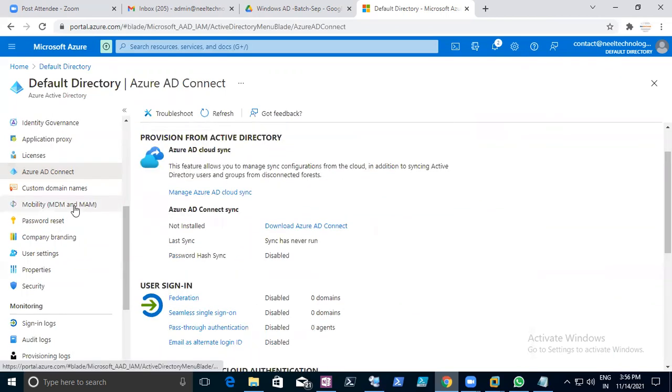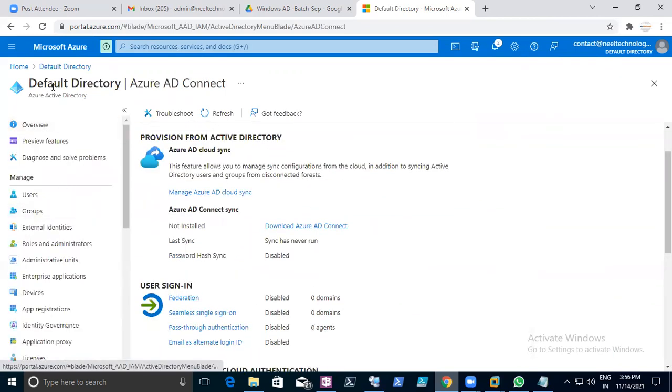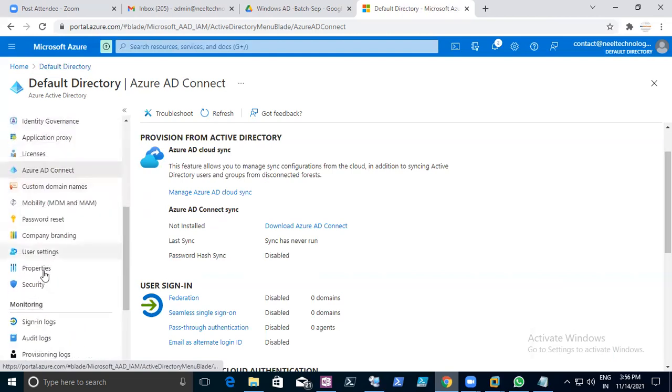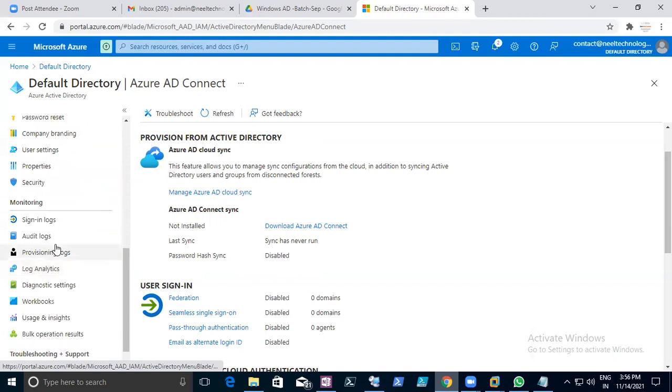Where is it? You need to create a directory, right? Create a directory. It's a default directory. You should have that.